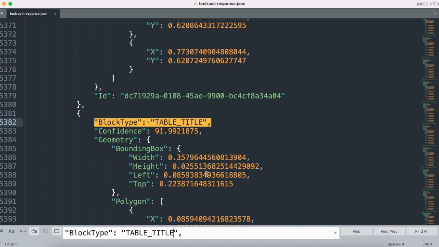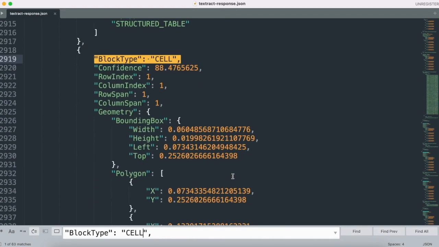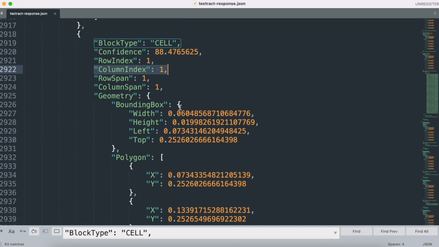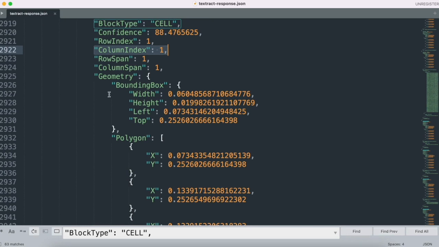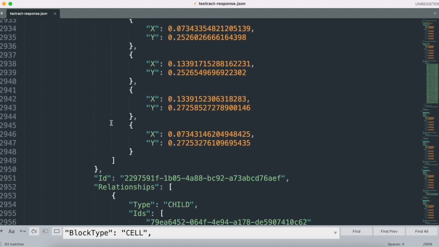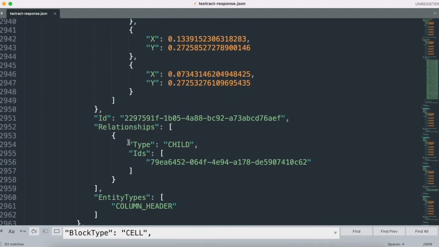Now the image that we have is a table. So what we will be doing is targeting the block type of cell. Because in our cell we will have a row index and a column index, using which we can recreate a table and uniquely identify the cells, so that we can put it in our database. And if we scroll down in this object,